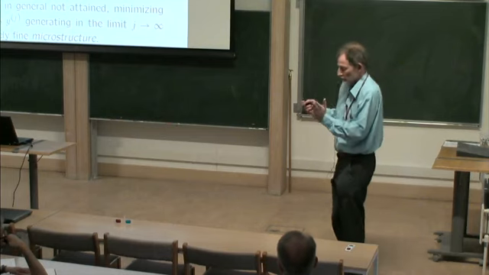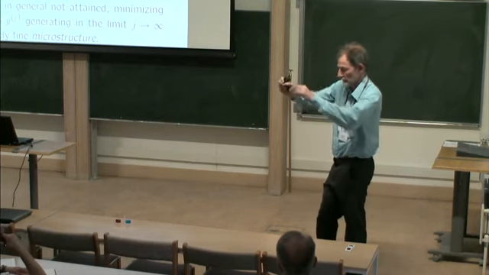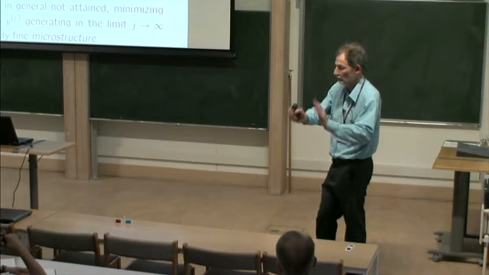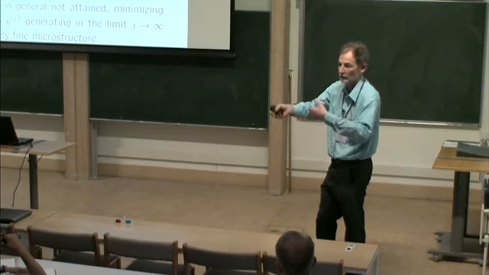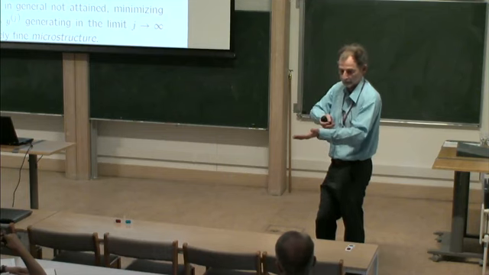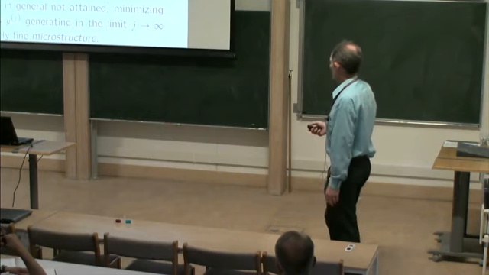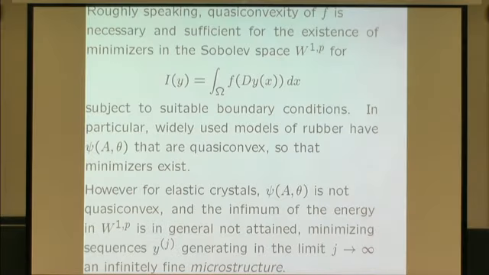So for these materials, they're not quasi-convex, and if you minimize the energy with respect to linear boundary data on the boundary, then you get these very complicated geometrical patterns which are not linear. They don't have constant gradients. So C is not quasi-convex, take my word for it, and therefore you expect, and it's true, that the